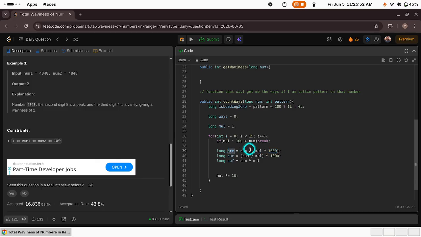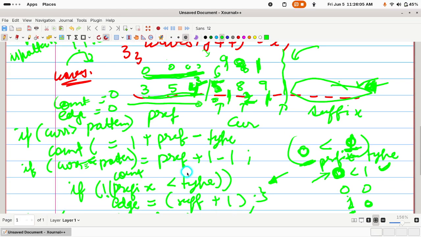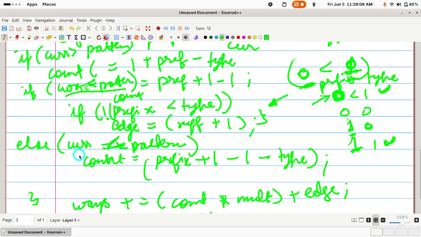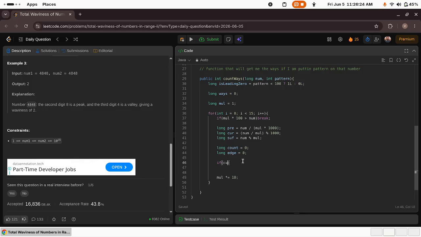So this is how I get my prefix, this is my current, this is my suffix. Now once my prefix, current and suffix is calculated, I'll fetch the patterns. Now I think three conditions were there: current is greater than pattern, current is less than pattern, current equal pattern. So let's take two things: count equal to 0, long edge equal to 0. Now the thing is, if my current is greater than pattern,